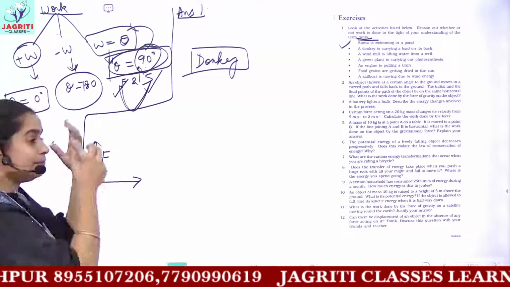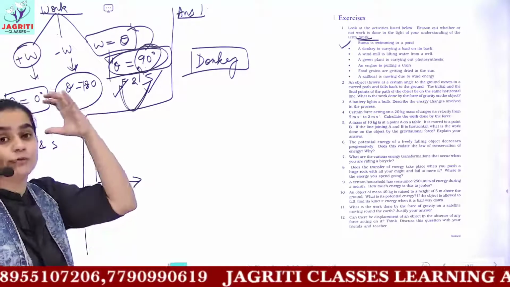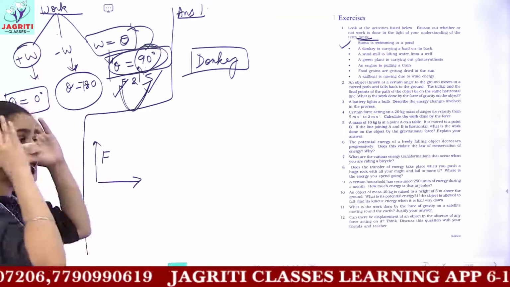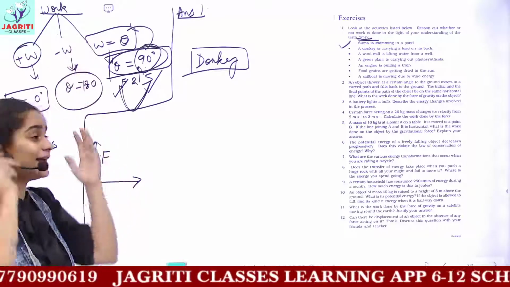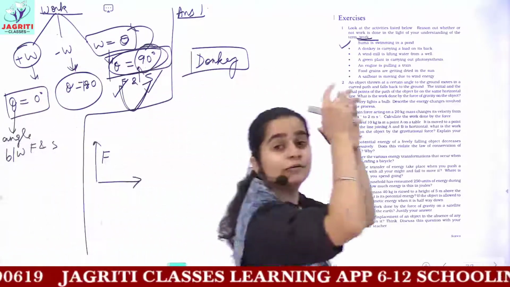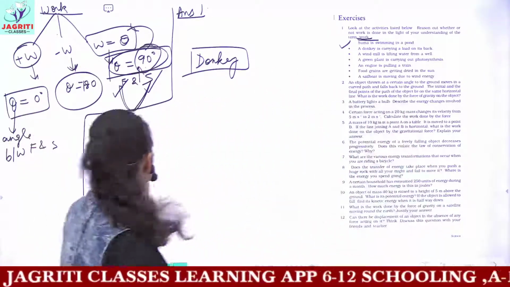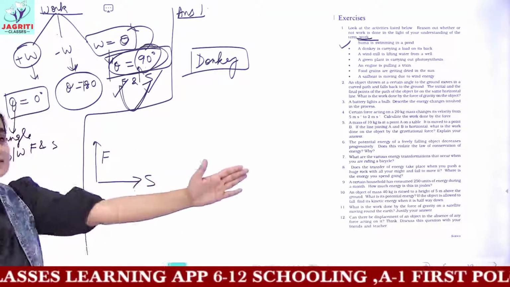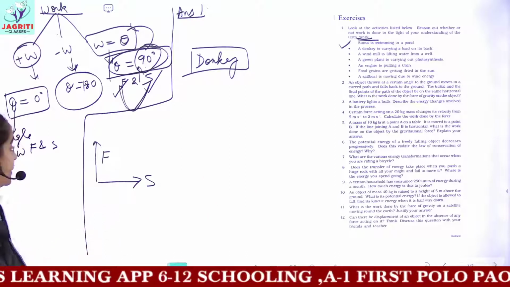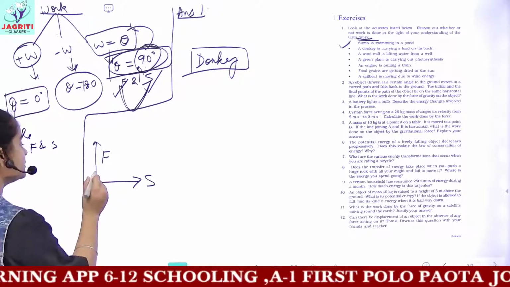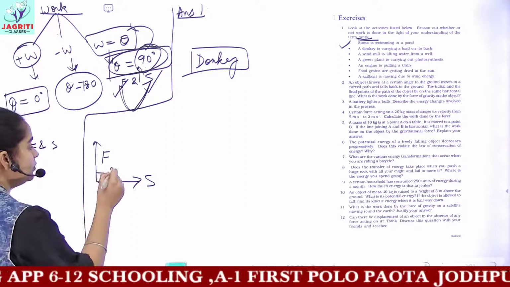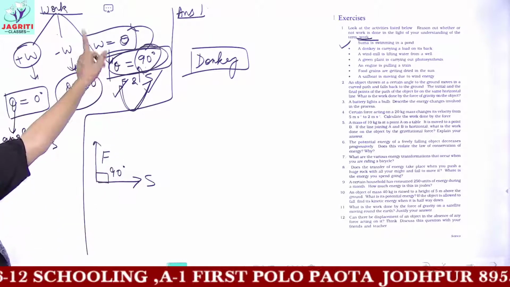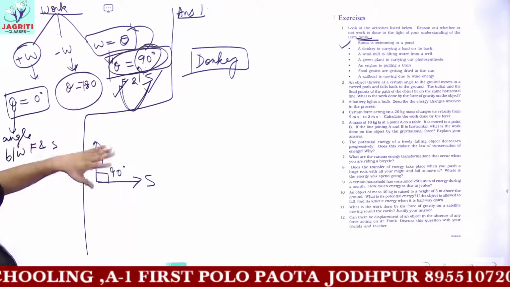Let's suppose I am the person, I am carrying some sort of load on my head, so I'll be applying force on the load in the upward direction, but I'll be moving forward. So the direction of force is upwards, whereas my displacement is towards the front side. And because the angle between force and displacement is 90 degrees, we say that no work is being done. The work done is 0.